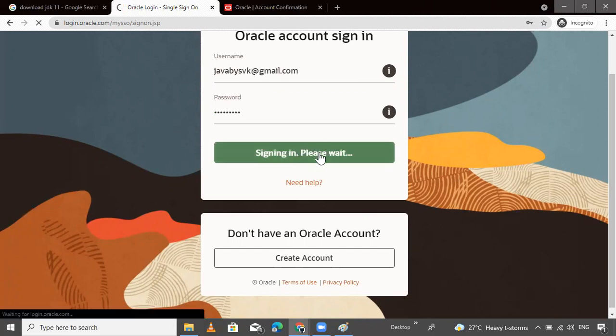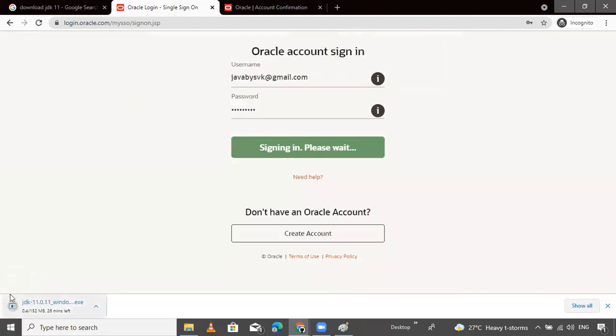Now sign in. Signed in successfully. Then is downloading starting or not? It means your account is created and downloading is started.